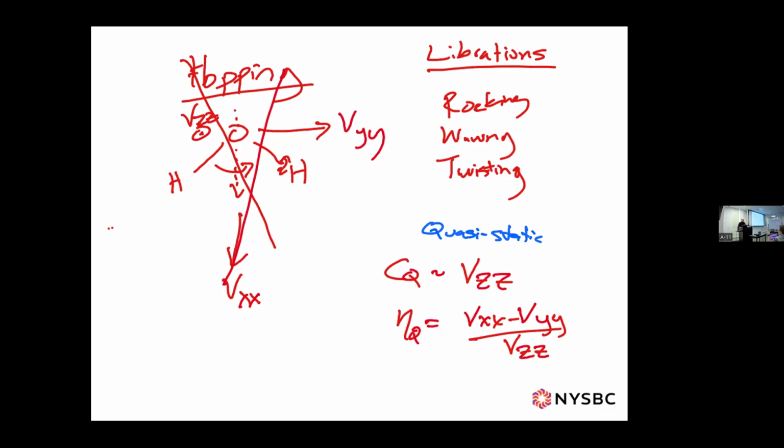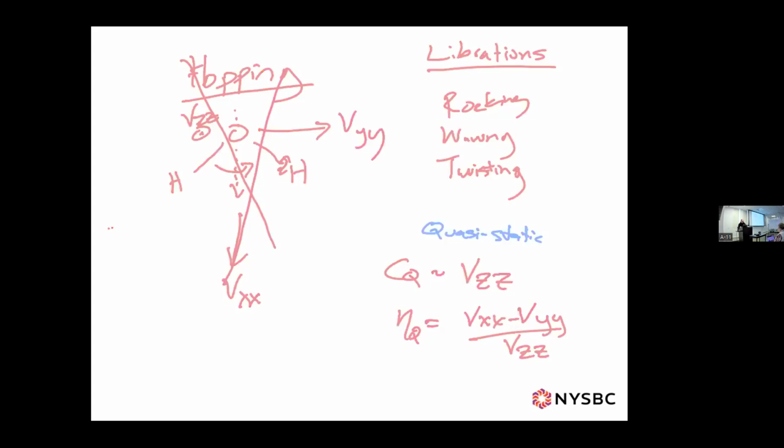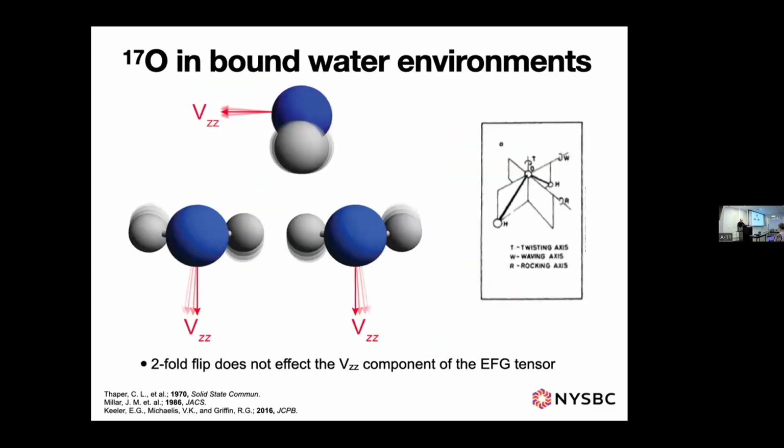We call it static, but we would say it's quasi-static because on the NMR timescale, it's too fast. Whatever effect it's causing is part of what we're seeing, but we can't see its effect in any way in general. It turns out that if you look at these motions, so we have twisting, waving, and